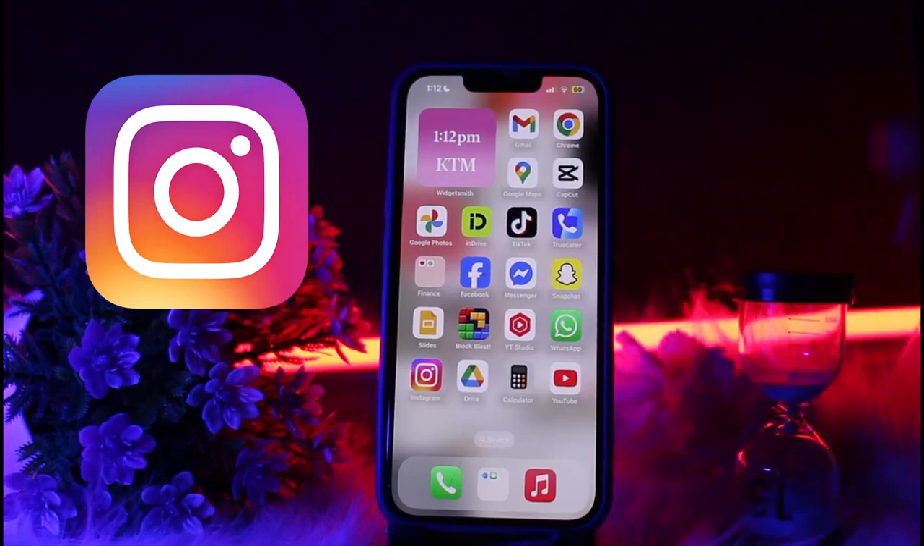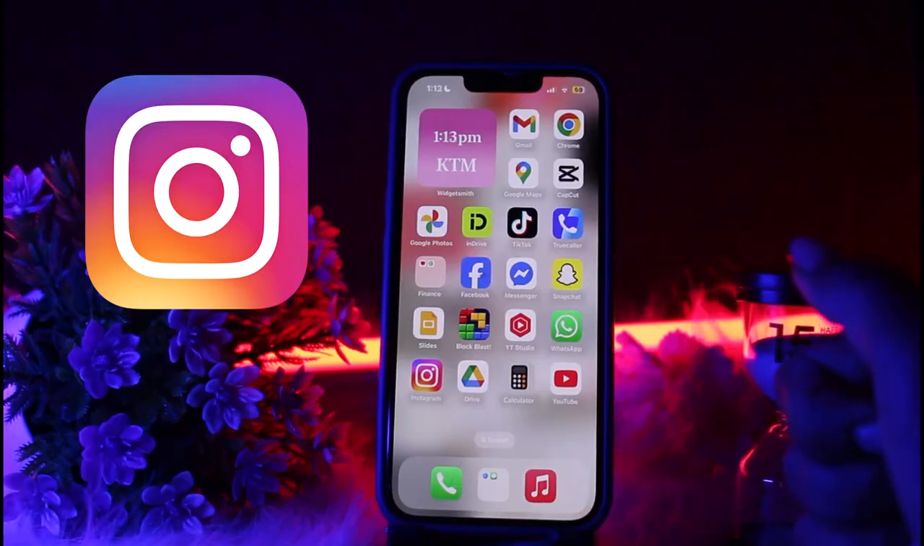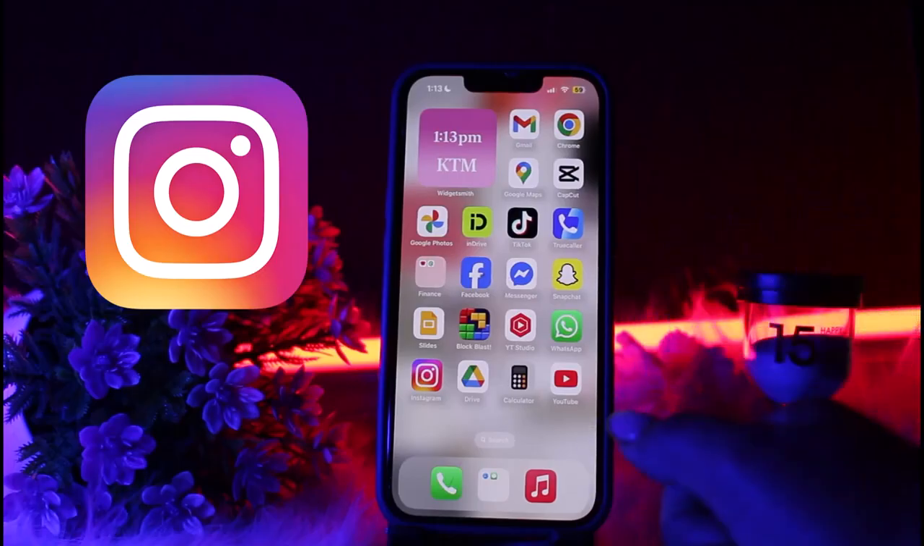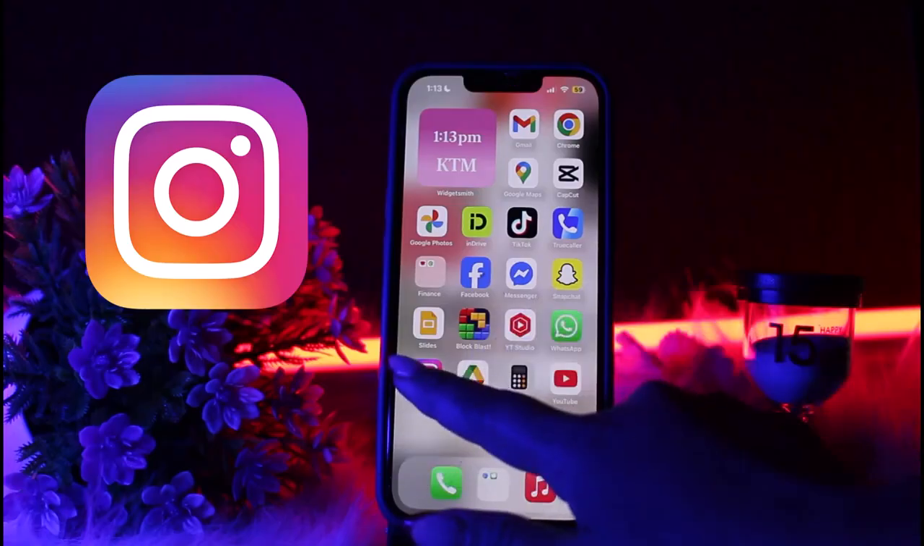So in today's video I'm going to walk you through how to delete your Instagram account on a device. To know more about this, you need to watch this video till the very end. Let's get started. If you have already downloaded Instagram, you can directly open your Instagram account, tap on